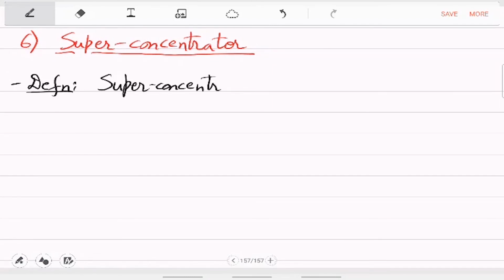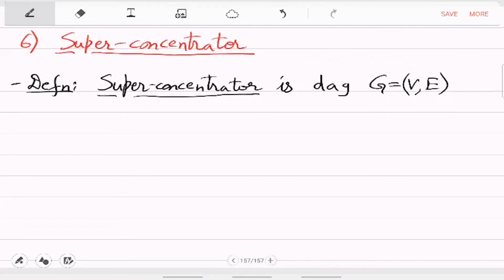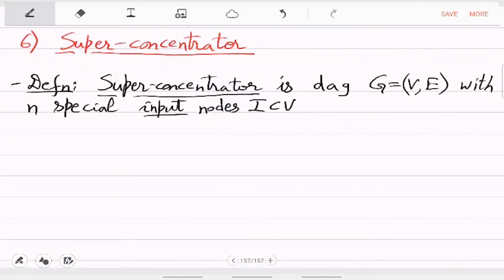So a super concentrator is a directed acyclic graph G. So basically, the edges are directed and there is no cycle. Okay, it's a directed acyclic graph with two designated subsets of vertices. One we will call input, the other we will call output. So with n special input nodes I and n output nodes O, such that,